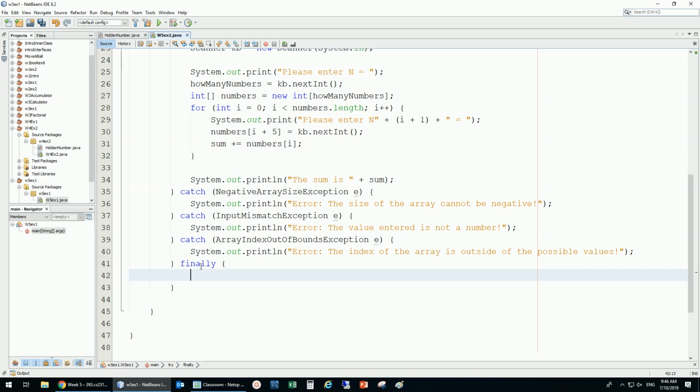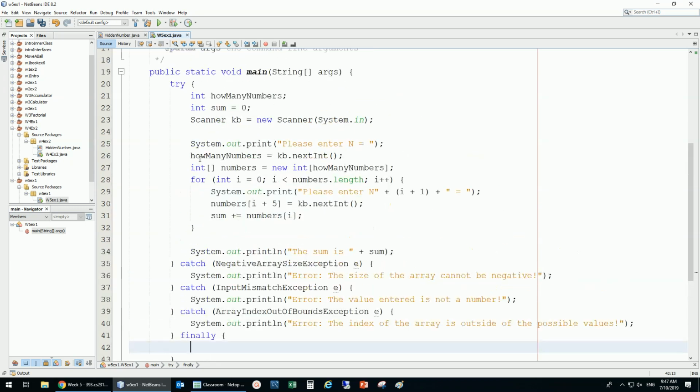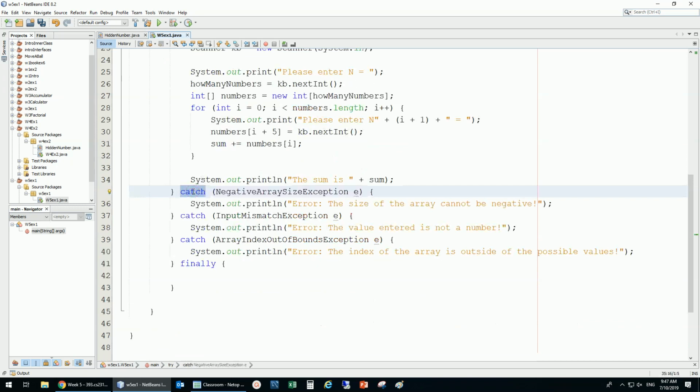So the try-catch will come with try and catch alone, or try with many catches, but you cannot have try alone or catch alone. Try and catch come together. You should have at least one catch for a try. You can have many catches, but at least one. Well, you should have at least one case in the switch, but in the try you should have one catch at least. But the finally is optional. But if you have a finally,